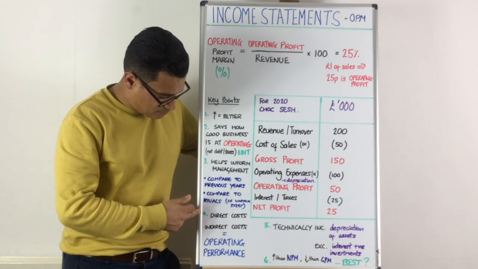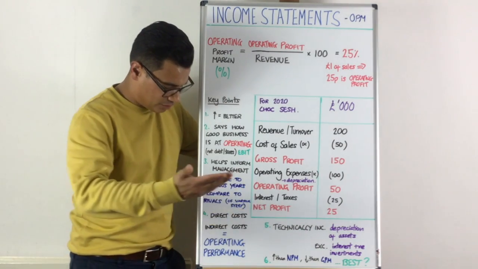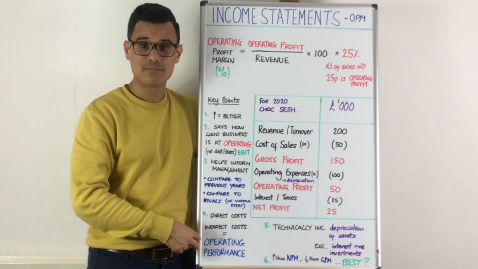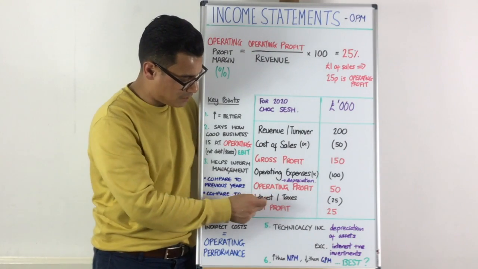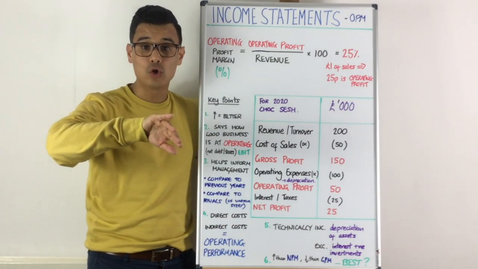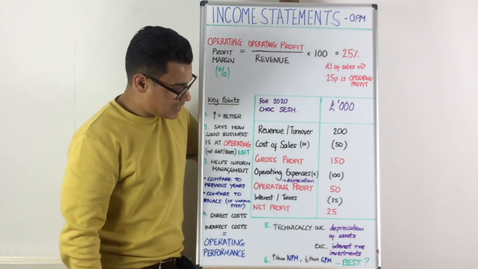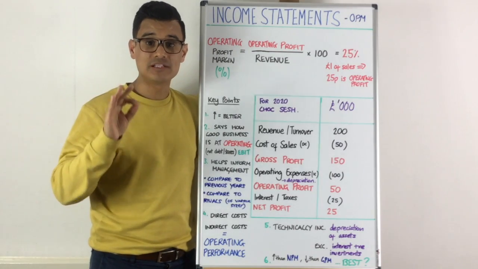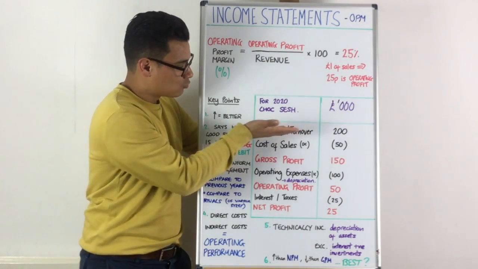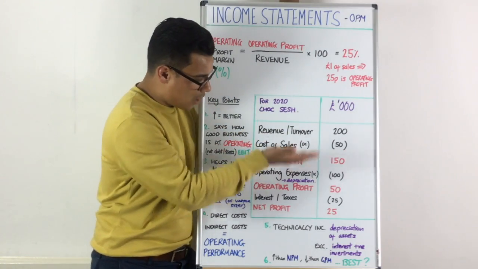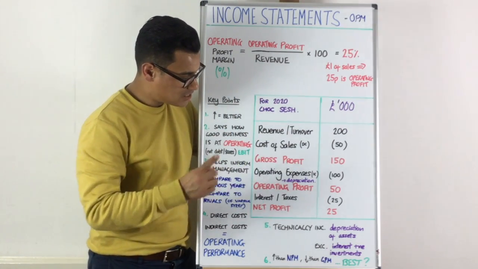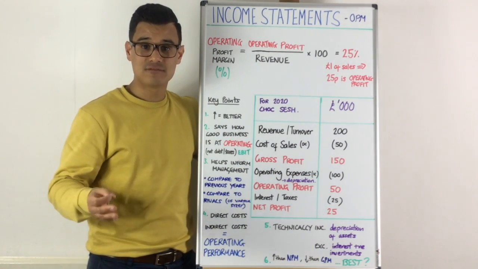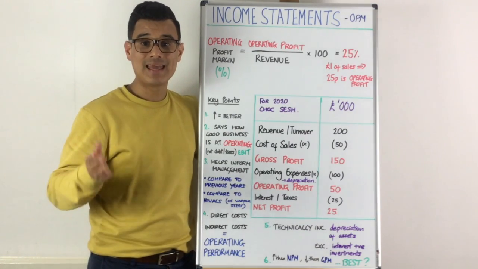And number four is, as I said before, it's looking at your direct costs and your indirect costs, and that really helps establish your operating performance, your performance as a day-to-day business, not including any taxes you have to pay and any interest you have on your long-term debt. Let's get technical here. If we're absolutely technical about operating profit, which is part of the operating profit margin, it is in fact the formula revenue minus cost of sales minus operating expenses minus the depreciation of any fixed assets. So if your long-term assets have lost value over time,